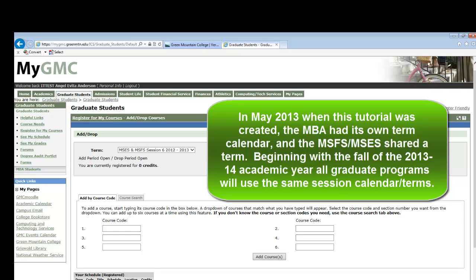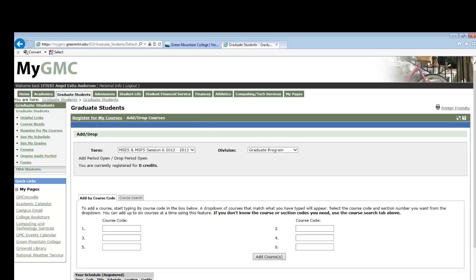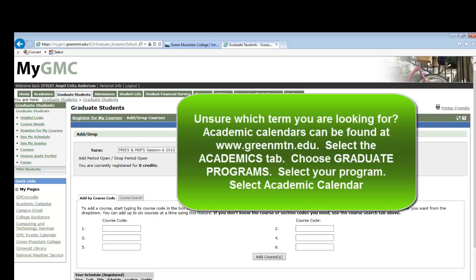Beginning in the fall of the 2013-2014 calendar year, all graduate programs will run on the same session. Session 1 of any academic year begins in very late August or very early September. If you are unsure which term to register for, you can find the academic calendar at